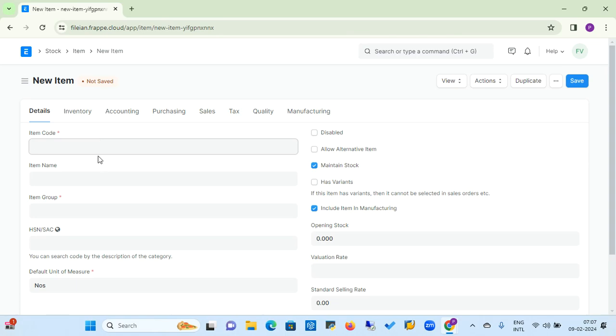First tab is a detail tab where you can enter your item code and item name, then item group. Item code is a unique code through which this item is identified. And then item name is the name of that particular item. Suppose I enter 3, 4, 5, 6, 7, this would be my item code, and item name would be HP laptop